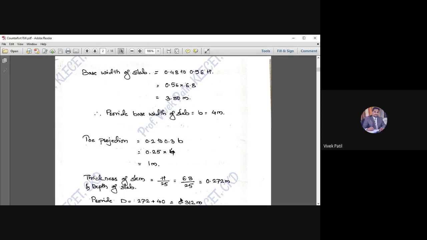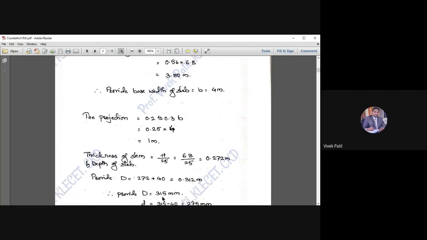Yes, sir. Okay, so I have assumed it as 315 mm. So you can take it more than this. It should be around 3.35 or something like that, so that your checks will be satisfied for the shear and all. I have taken it as 315 because I wanted to design the shear reinforcement, so that particular part has to be covered. For that purpose, I have taken it as minimum, that is d equal to 315 mm.